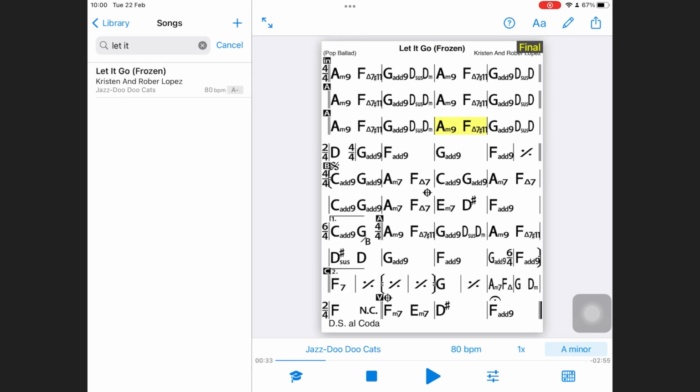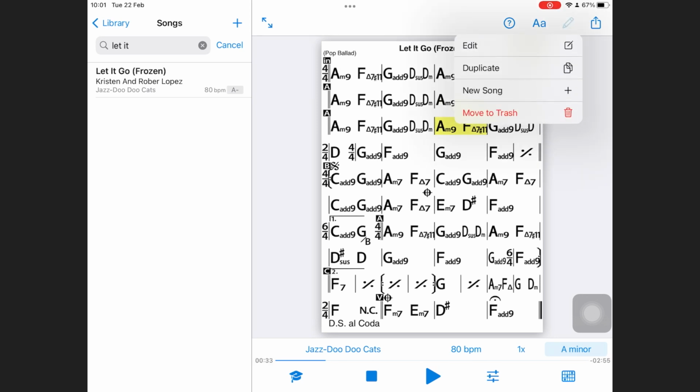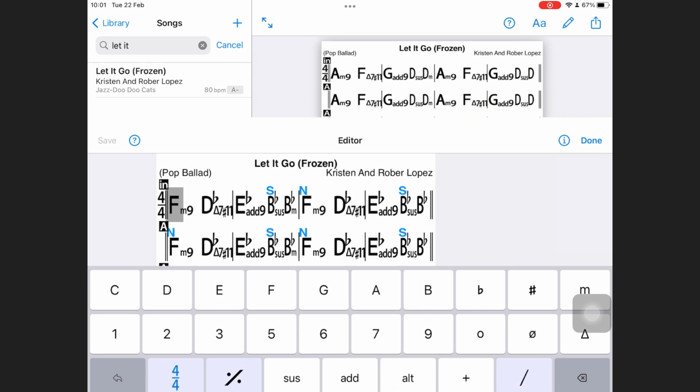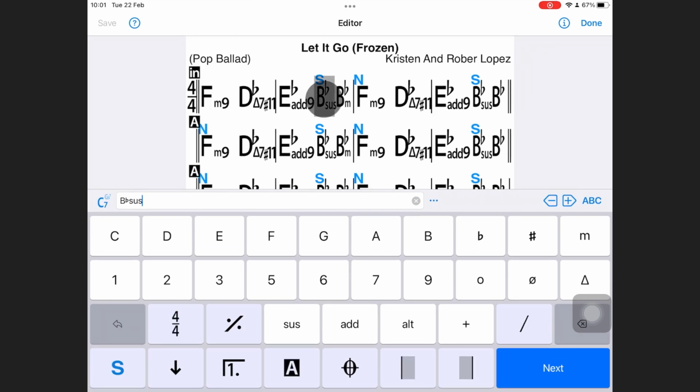And if you did have like 1 or 2 chords you wanted to change, here's how you would do that. So let's go to the pencil icon, it's in the top right corner, and go to edit. And let's just say that your version doesn't have this B sus chord. Well, you could just click on that, and then in this box you can see where it's typing, and I just press backspace,